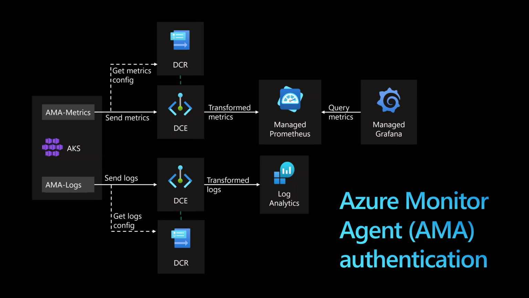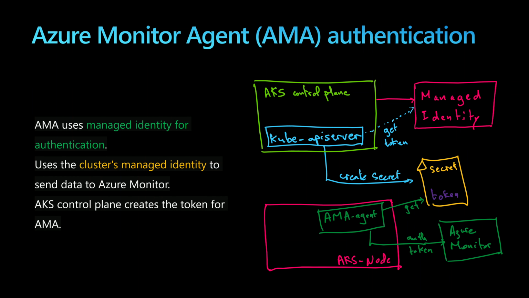Azure Monitor Agent, or AMA, will be used to send logs and metrics to Azure Monitor, to Log Analytics, and to managed Prometheus. For that, it will need to authenticate and be authorized to send data to these services. So the question here is how the Azure Monitor Agent will perform this authentication and authorization. Well, we'll discover throughout this presentation that Azure Monitor Agent will use the managed identity of the AKS cluster, where